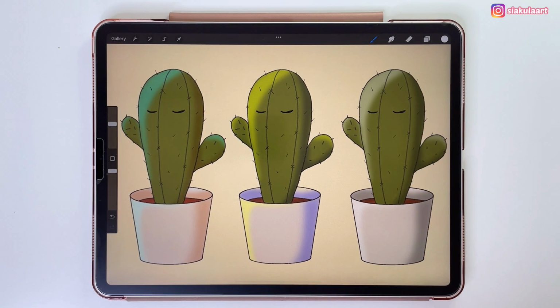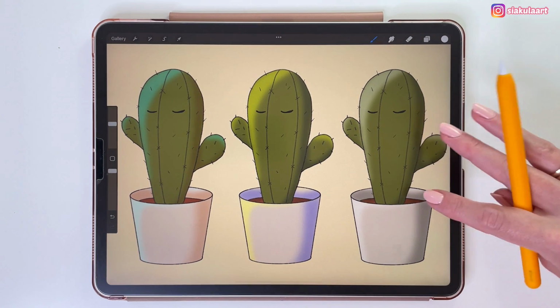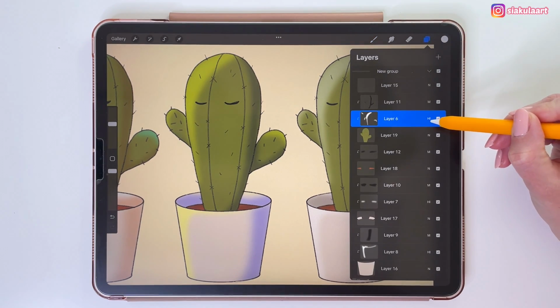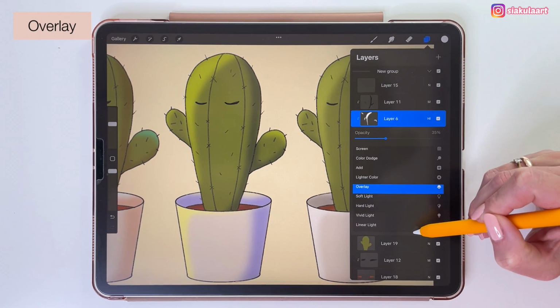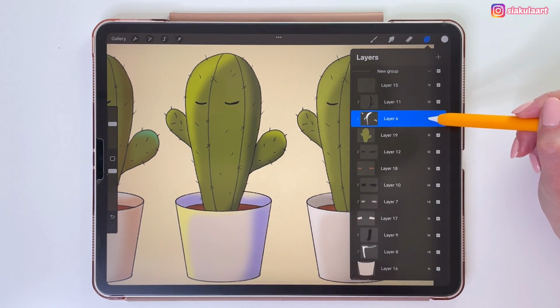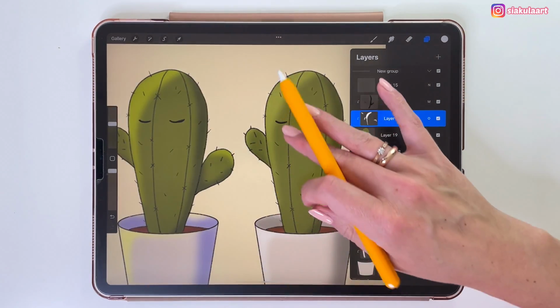more interesting. If you decide to use white and black color for shadows, I recommend you changing the blending mode to overlay. Let me show you. So here for the light, I'm going to change the blending mode to overlay. So now as you can see, this is more like a light green color, a lighter version of the color